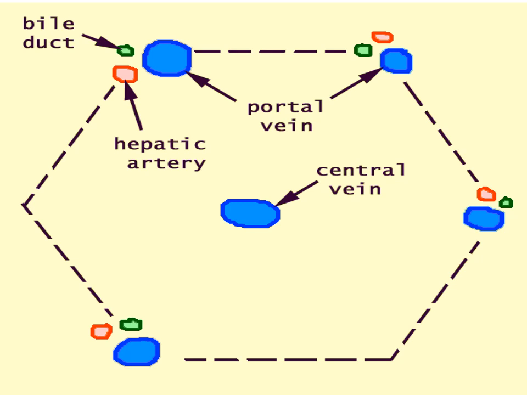These include a bile ductule shown in the green one. This is the branch of the bile duct. It is known as bile ductule. And a venule, which is a branch of portal vein, and an arteriole, which is a branch of hepatic artery. However, it should be noted that the lymphatics of the liver also run in these portal triads. So these are the portal triads which are present at the corners of the hepatic lobule.